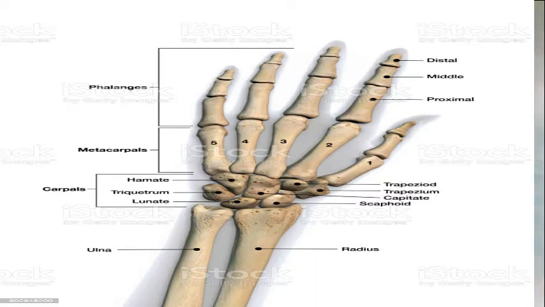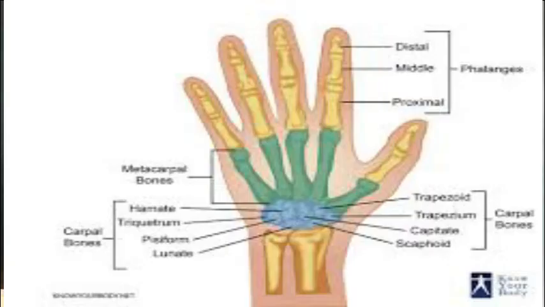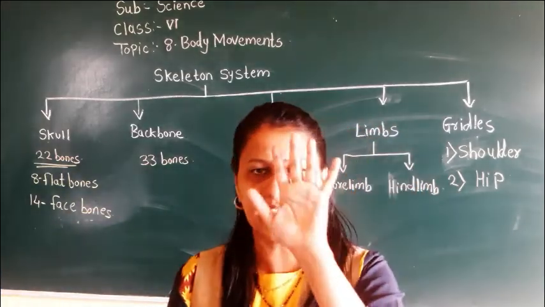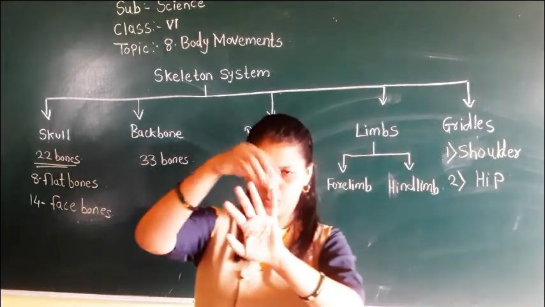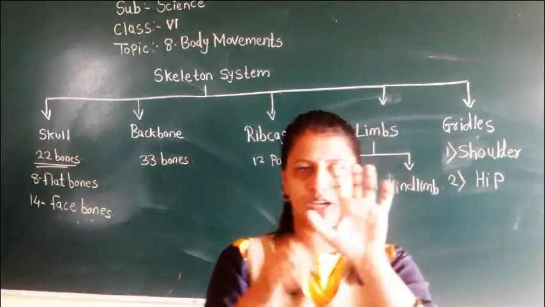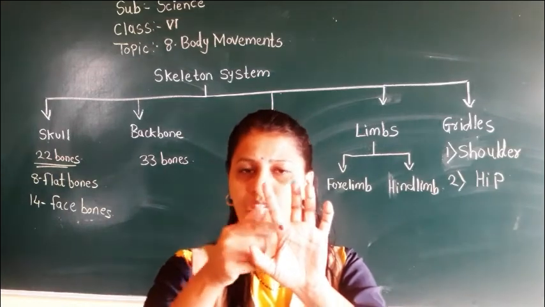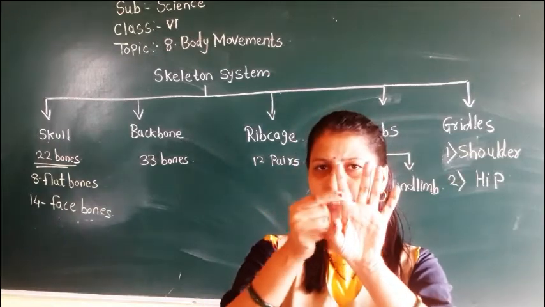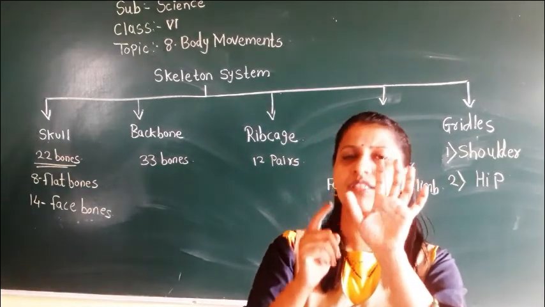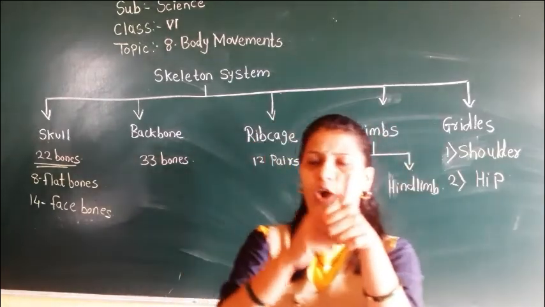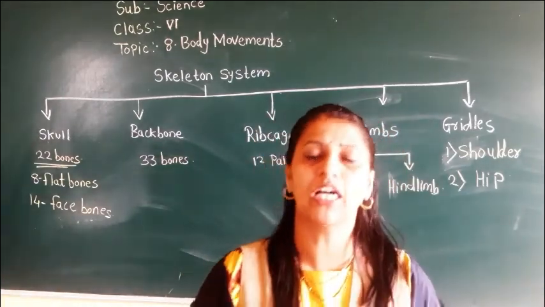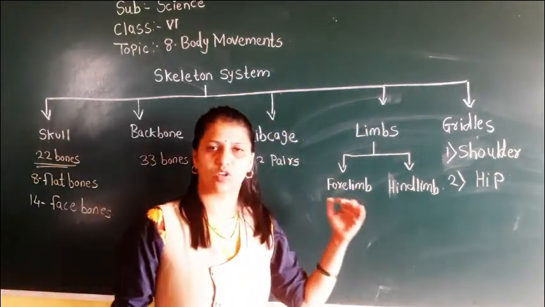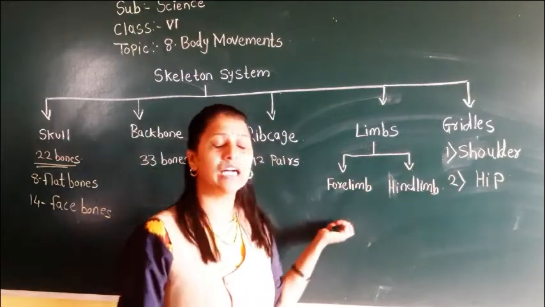Now you can see in the palm we have 5 bones. Do you have 5 fingers on your hand? Yes or no? So these are the 5 bones. Now if you fold your hands like this, you can see this is one. In your finger you have 3 bones. See, 1, this is small here, and 3. So 3 bones in each of the 4 fingers, and on the thumb you have 2 bones. Are you getting it? So this was about the forelimb, or the shoulder girdle, in detail.